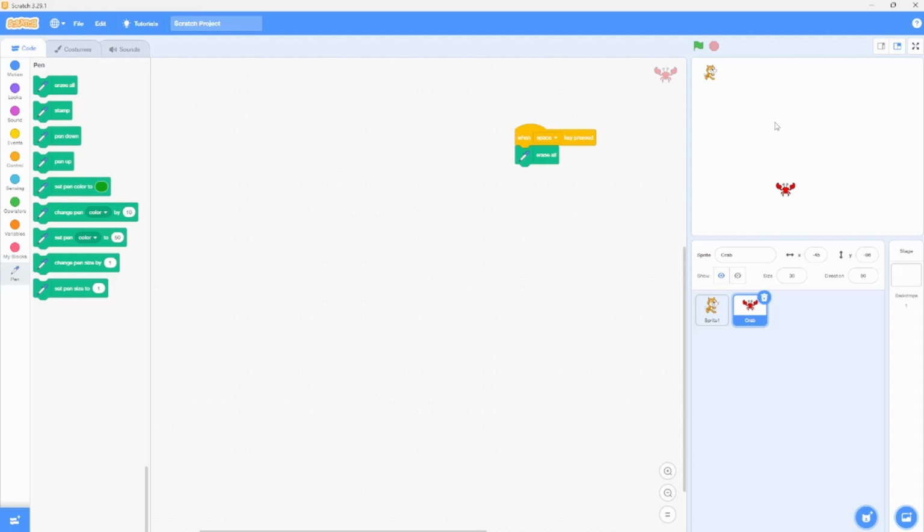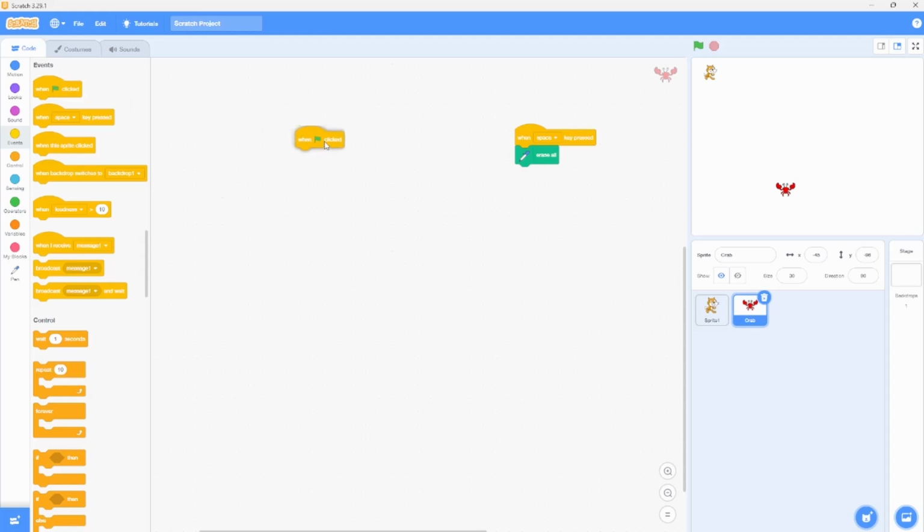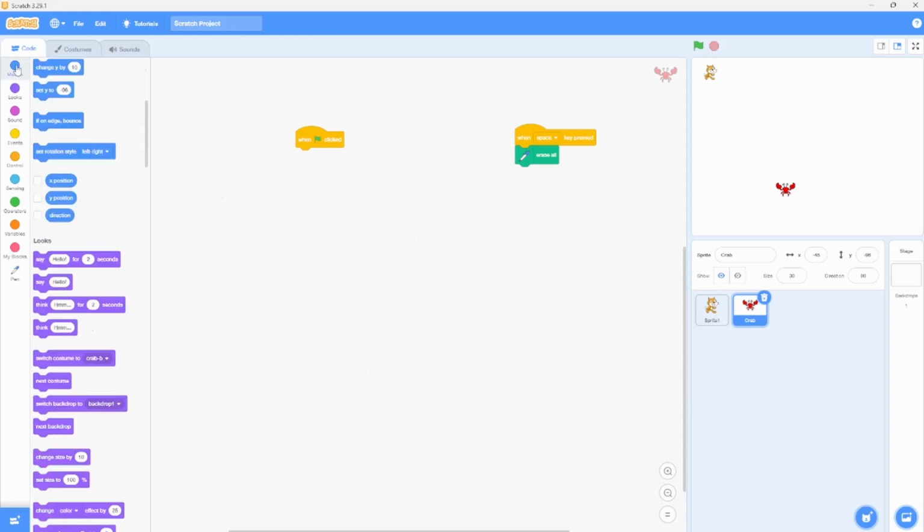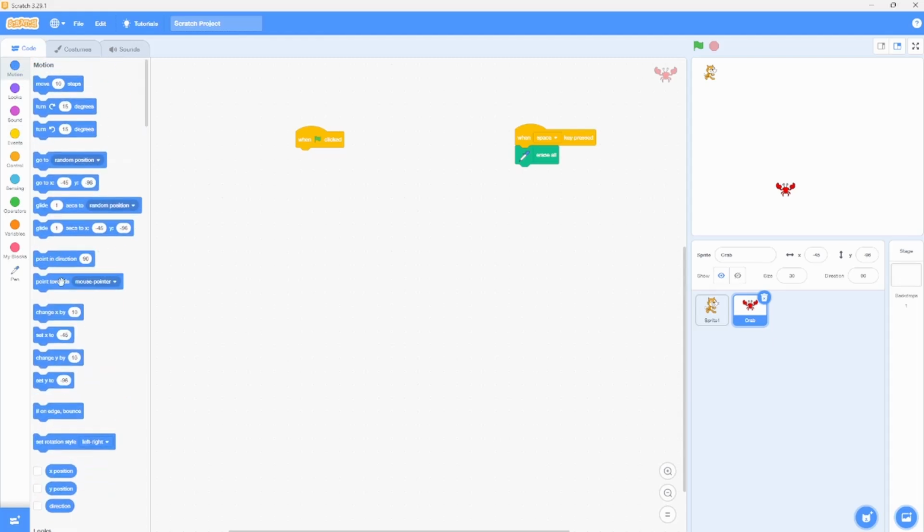I think I'm just going to move the crab manually for now, so I'm not going to make it go anywhere. And then when the green flag is clicked,